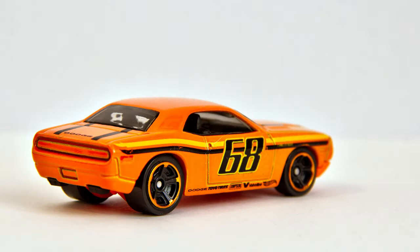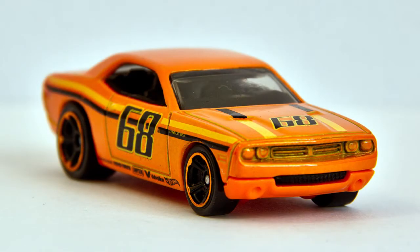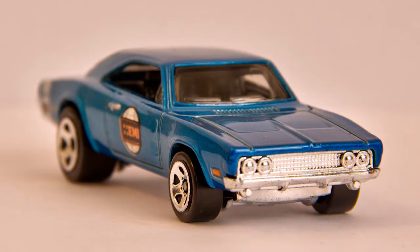Now, these days, most of the cars that you can buy are Hot Wheels, like these pair of old Dodges that I picked up recently. I don't know if you can see those. Probably not in focus. So that's a Dodge Challenger, and that's a Dodge Charger. And that's what you sort of get now. You get these Hot Wheels models. But